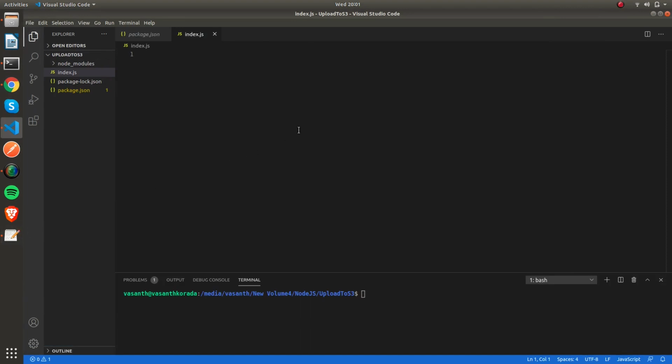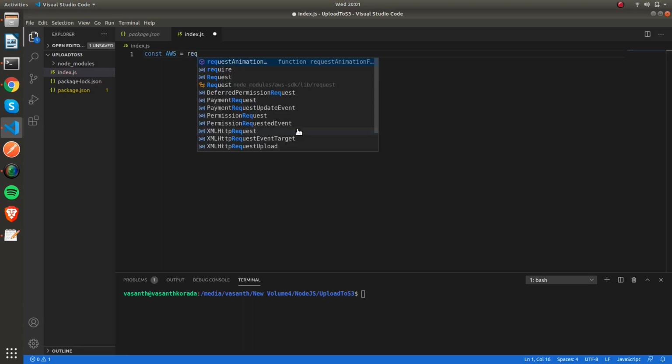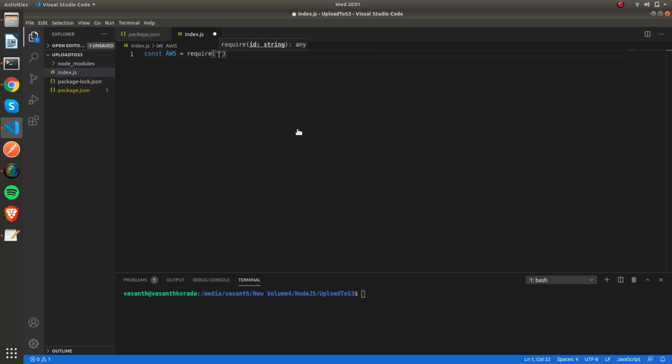First let me start by importing AWS SDK. So basically I am requiring the AWS SDK, and then I also need the access keys provided by the AWS console.